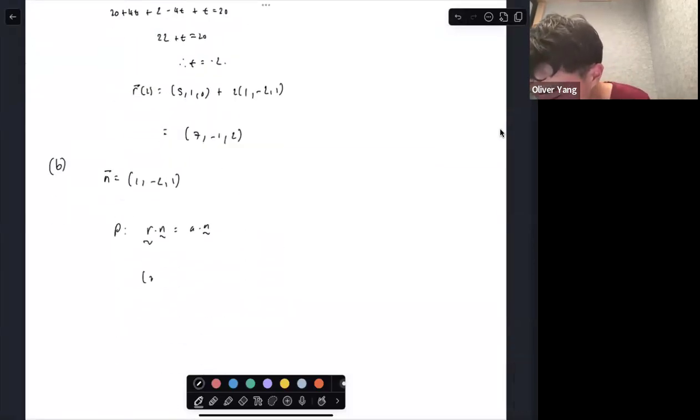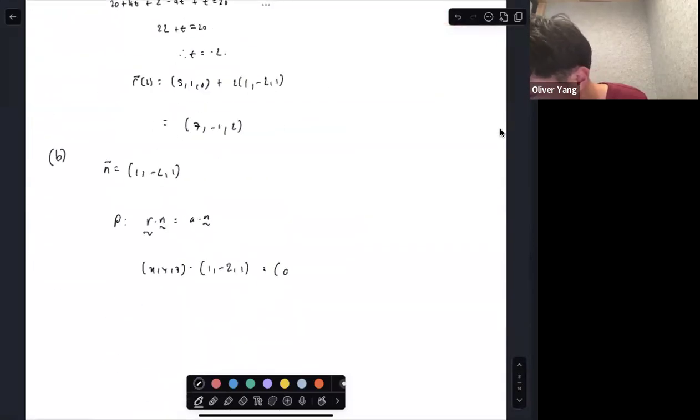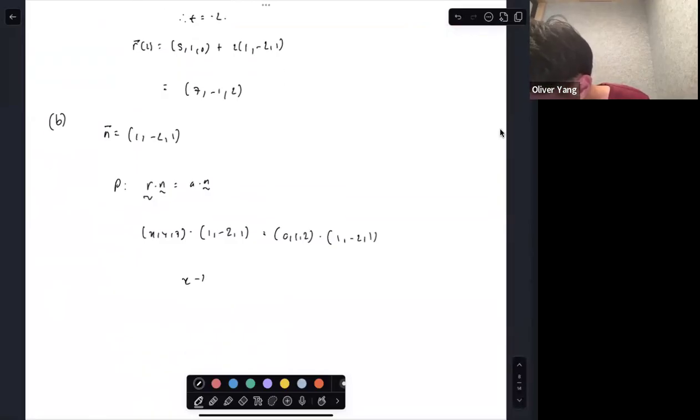So x, y, z dot 1, -2, 1 equals 0, 1, 2 dot 1, -2, 1. And so we get x minus 2y plus z equals 0 minus 2 plus